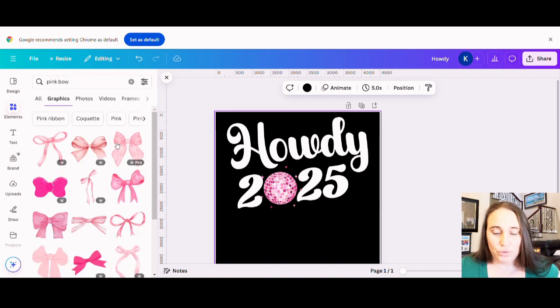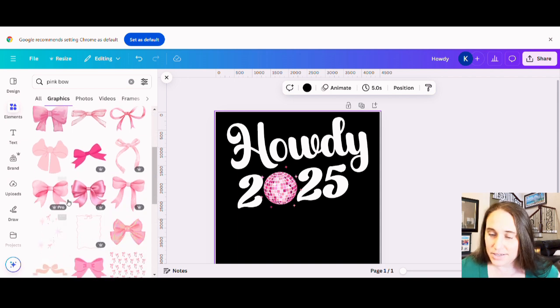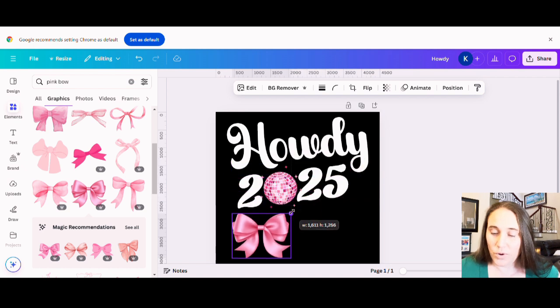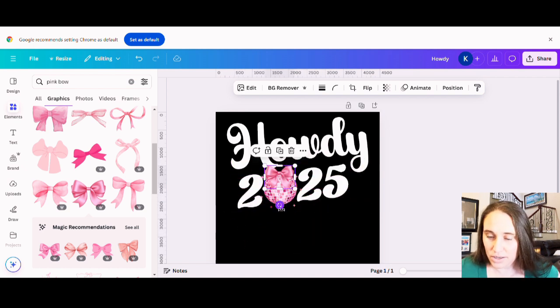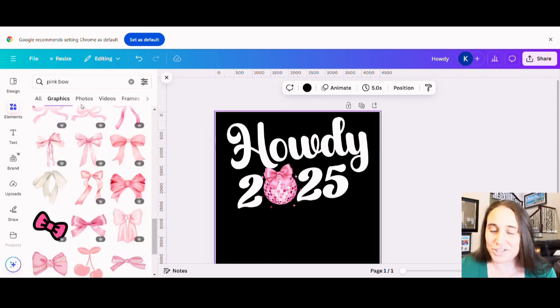And there's all sorts of cool pink bows. Again, you can pick whatever you like. This is a nice cute one here. And I can shrink that way down, bring that up onto the disco ball, angle it, something like that. And that might be a cool one there. And again, you can pick any of these, but for speed's sake, I'm just going to go ahead and use